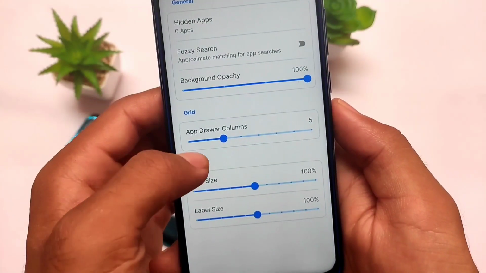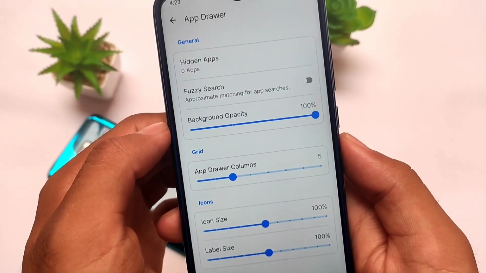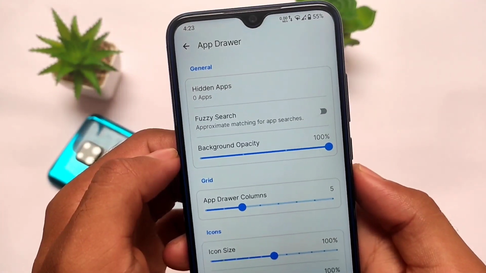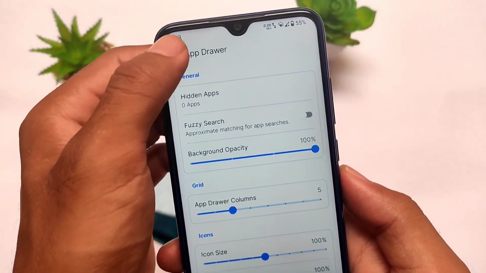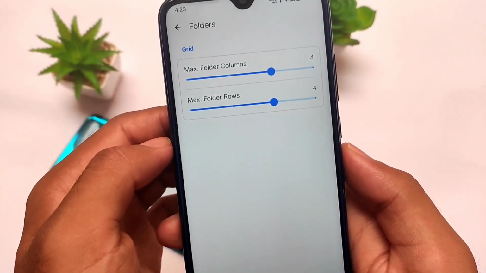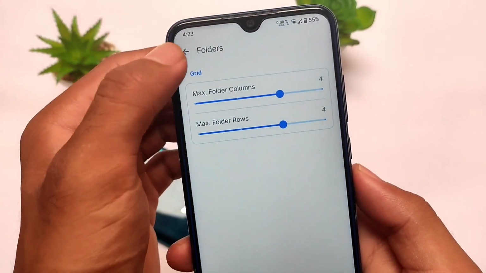A lot of customizations are present here, and yes, they are updating it. So maybe in upcoming versions we get very interesting customizations, maybe more than every other custom launcher out there. We have many other extra options already present for you. Pixelated launcher is one of those. OnePlus launcher you can also install on a device if you want to.